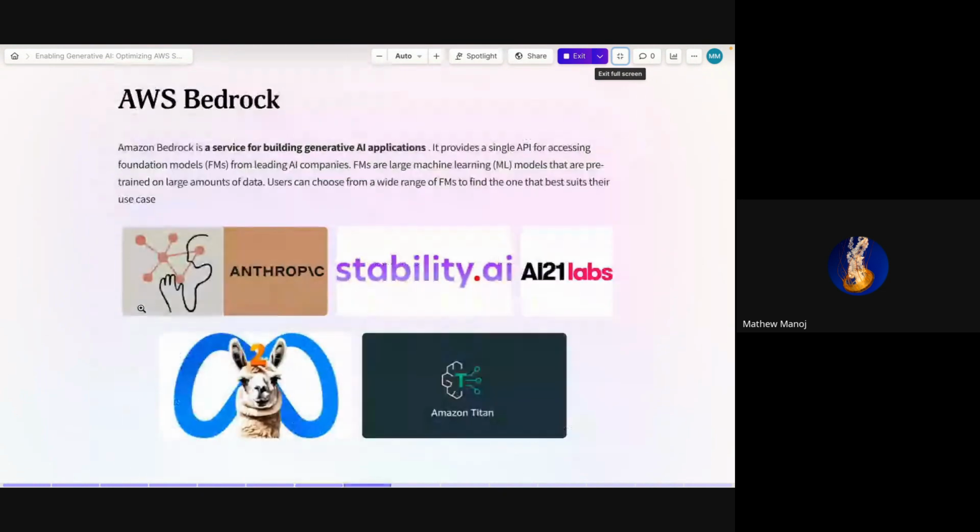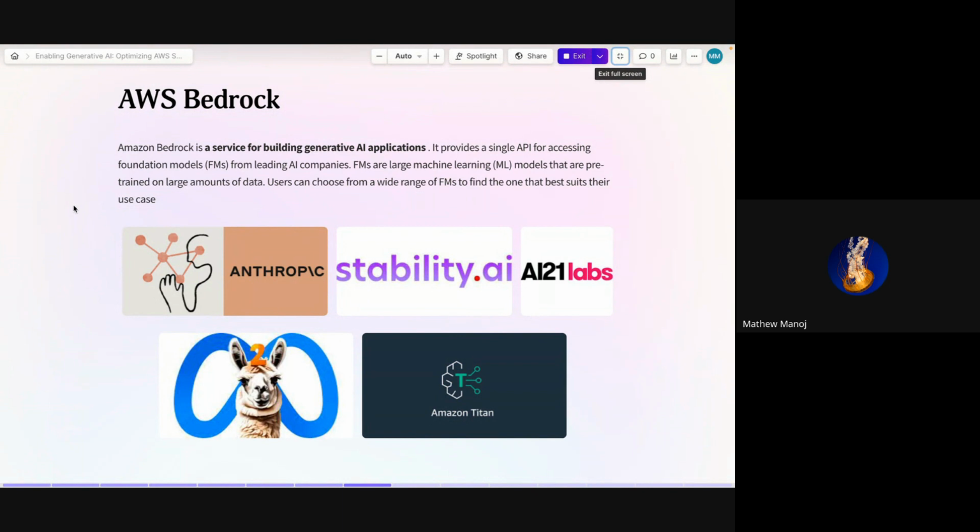From all these services, there is one service that we are here to learn about today: AWS Bedrock. How does this come into play in all of this? Recently, AWS introduced AWS Bedrock. It is a service that gives you access to foundation models, recent models that you can use to make chatbots.